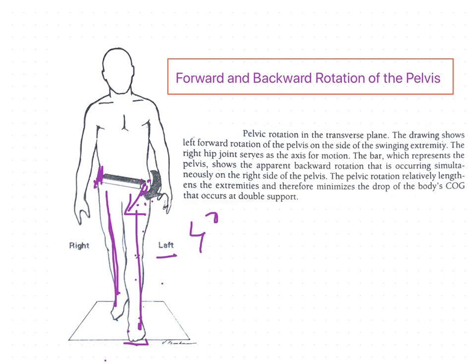Okay, so pelvic rotation functions to minimize the depression of the COG. What is the main function? The pelvic rotation functions to minimize the depression of the COG, while the first two determinants function to minimize the elevation of the COG, and this one is going to minimize the depression of the COG. Next determinant